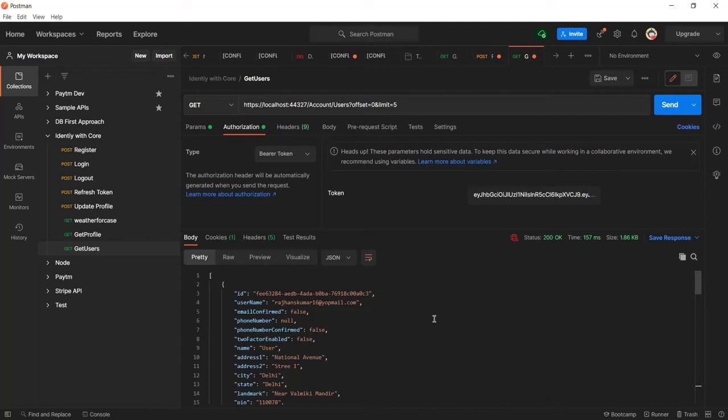Okay, when we have lots of data and we do not want to load the complete data at the UI, in those scenarios we use offset and limit to get the data partially from the server. So I hope you got the idea, you understand the scenario, you understand the usage of offset and limit in the API.